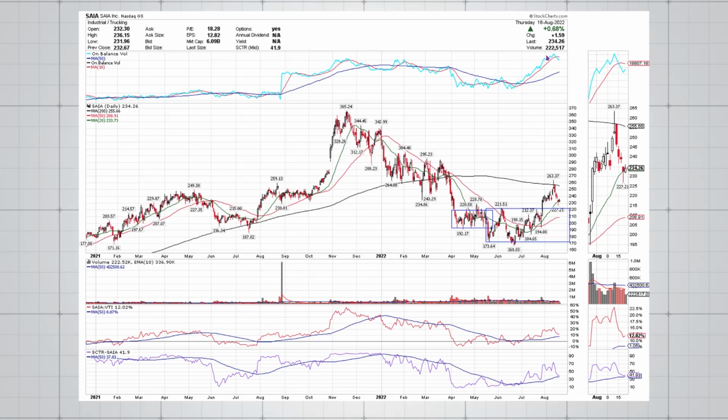So our OBV is indicating a lot of positive volume, our relative strength up and over its moving average. The 20 has crossed the 50, and we're now testing the 200 from below. Very constructive action there, and are we presented with an opportunity because we're pulling back to a recognized area of support in the 20. Certainly the 20 is not as significant as the 50 or the 200, but